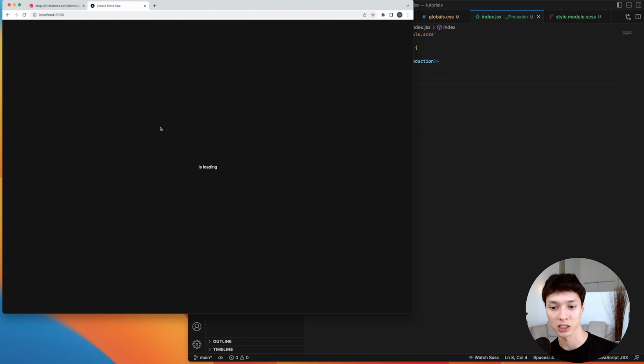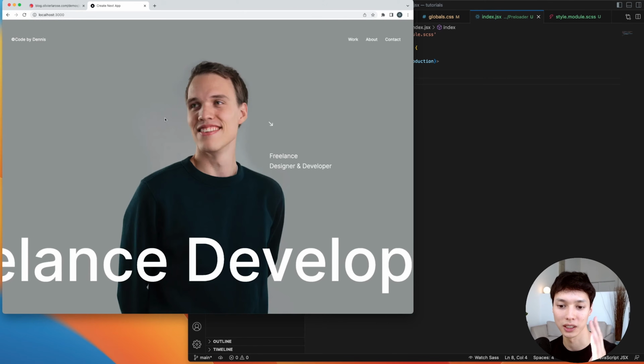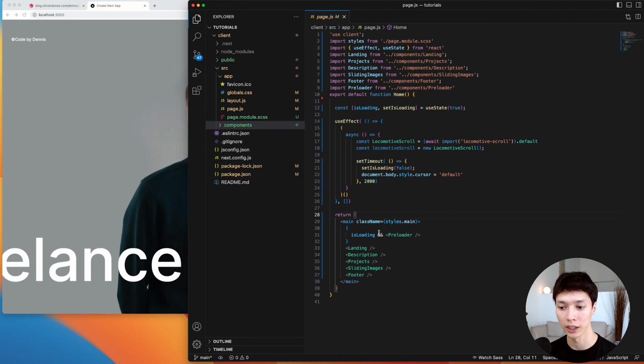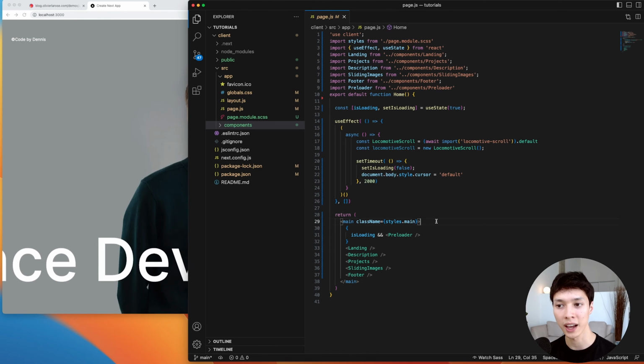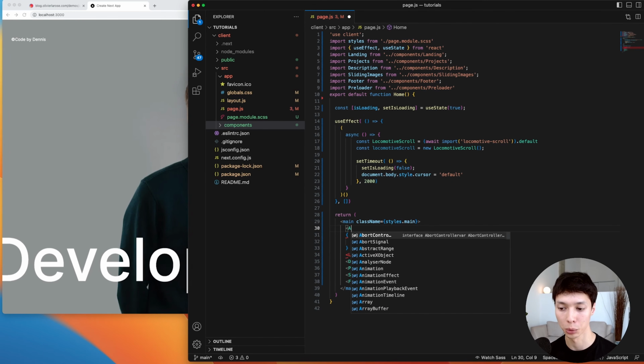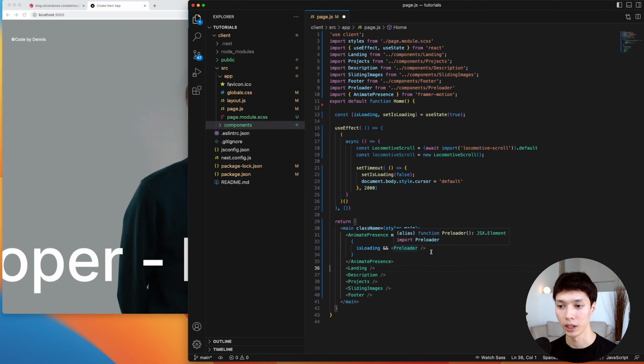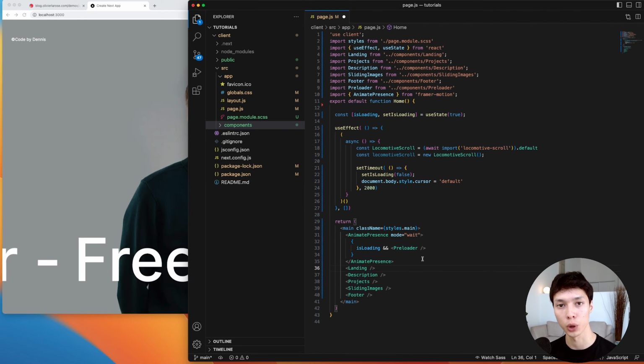And with that, I have a nice loader that's on top of everything else. But now it looks a bit weird, right? It just appears and it disappears. And since we are mounting and unmounting the component, what we can add is the AnimatePresence hook from Framer Motion, and we can put it in mode wait, and that will basically force the preloader to have its exit